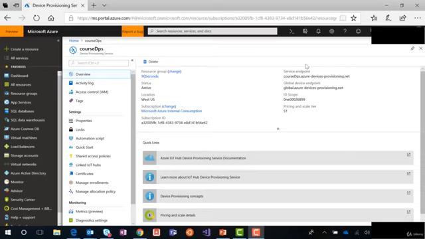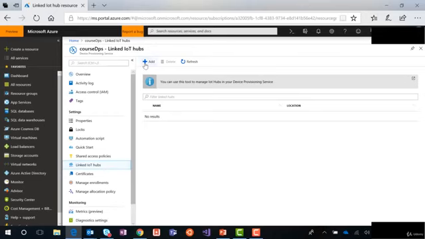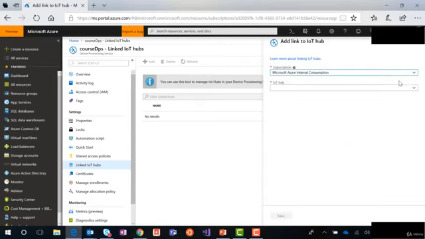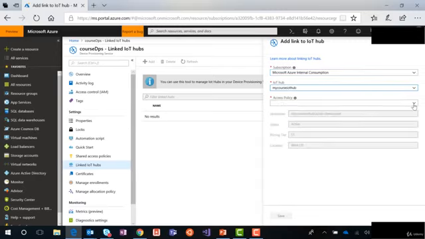So let's see now how we can link an IoT hub to our device provisioning service. So we will go to this tab here, linked IoT hubs from our DPS, and then we will click this button, add, and then I can choose whether I'm adding an IoT hub that belongs to the same subscription or to another subscription. In our case here, I will have the same subscription, and then I can choose the IoT hub, which is this one that we created in the past videos, and then for the access policies, I will choose IoT Hub owner, and then on the portal I can see here the host name, the status of our IoT Hub, which is active,